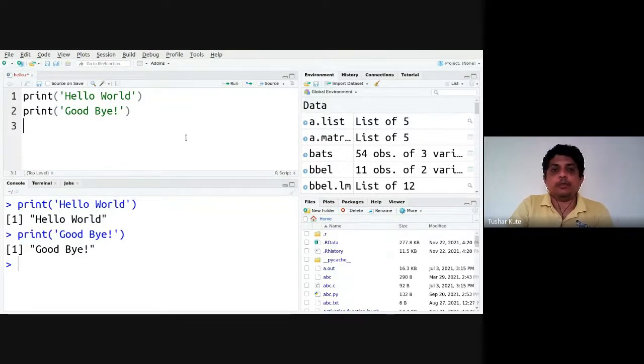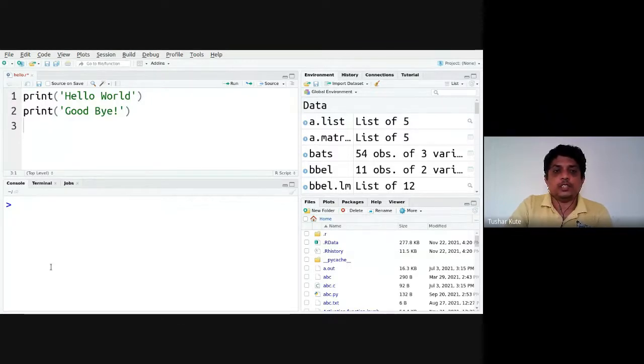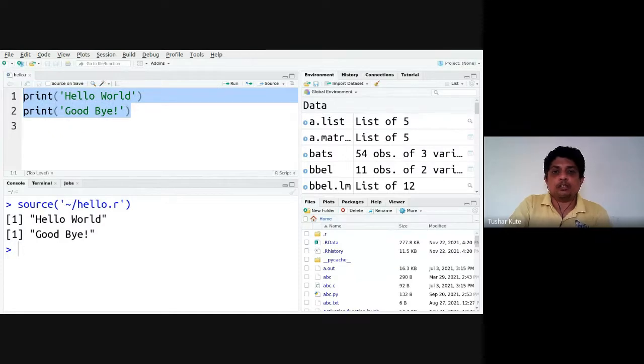Along with that, we have one more option present there. I'll clear the screen. Let us see this. There is one more option present, source. When we click on source, the whole program will be executed at once, at a time. That's the source function. Source executes the whole program at a time, and we will see the output of print statements on the screen. Only print statements. Fine. That's how it is possible.